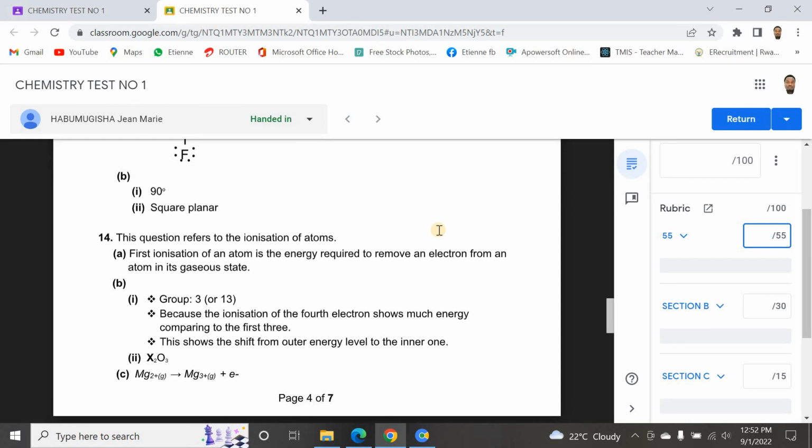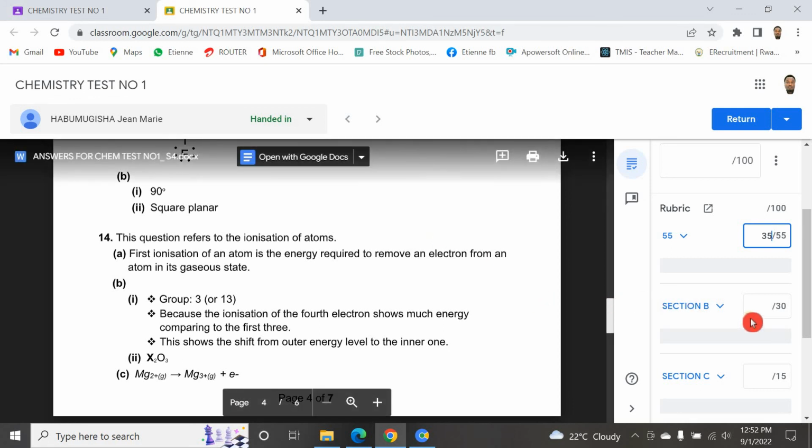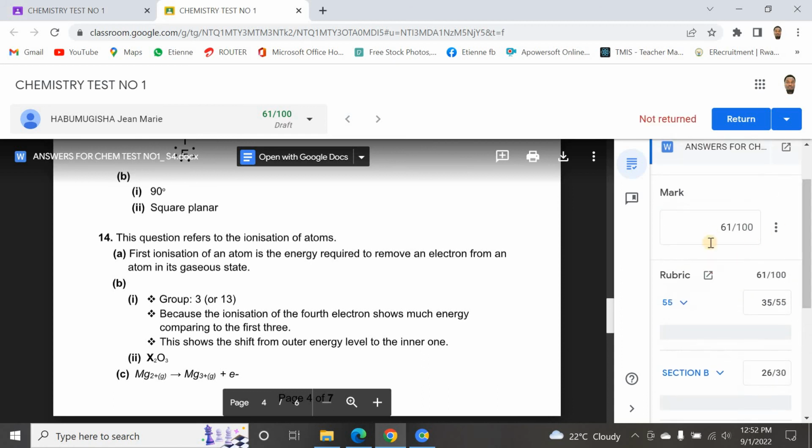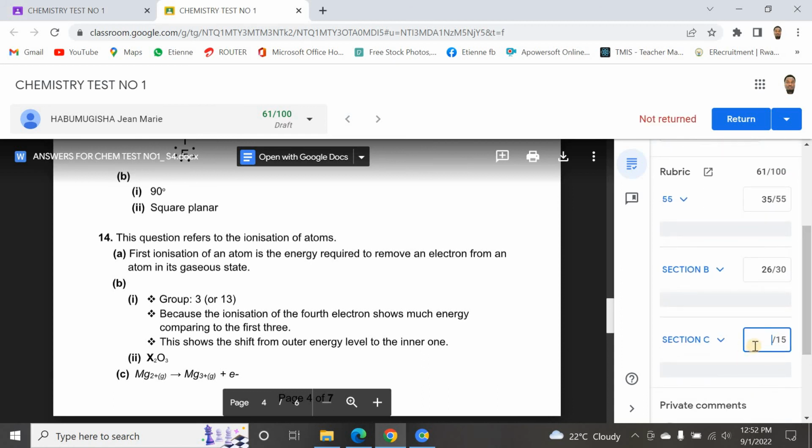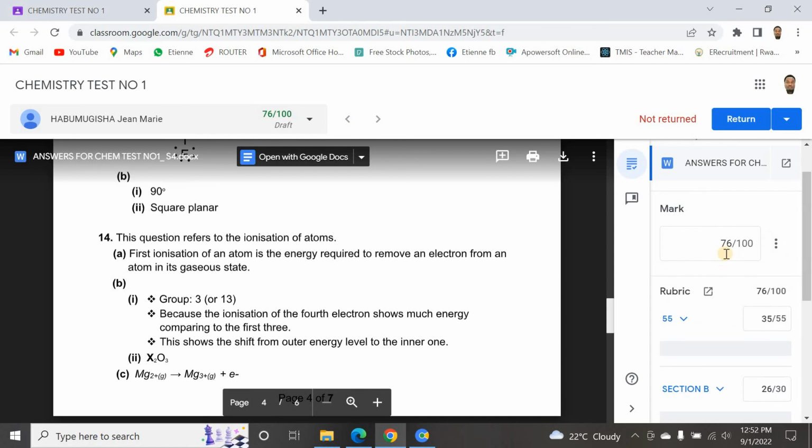put maybe 35. You can see, and go to section B, and put 26, and go to the last one, and here you see the total marks, and put 15. And you can see now what I have. This student got 76. I can just return this, or I can go and mark other students and return them at one time. Let me return